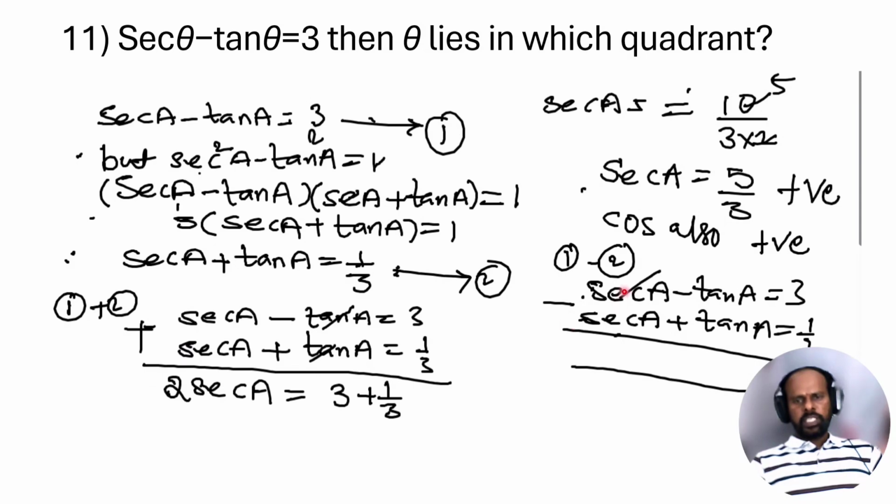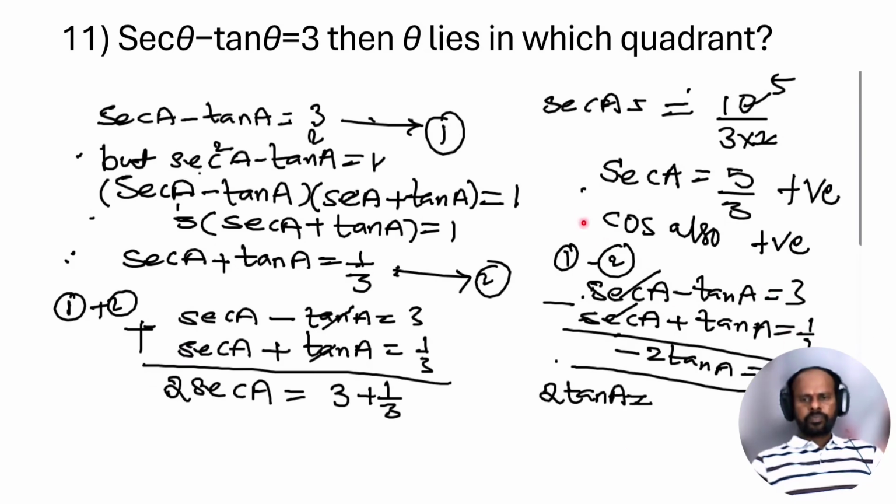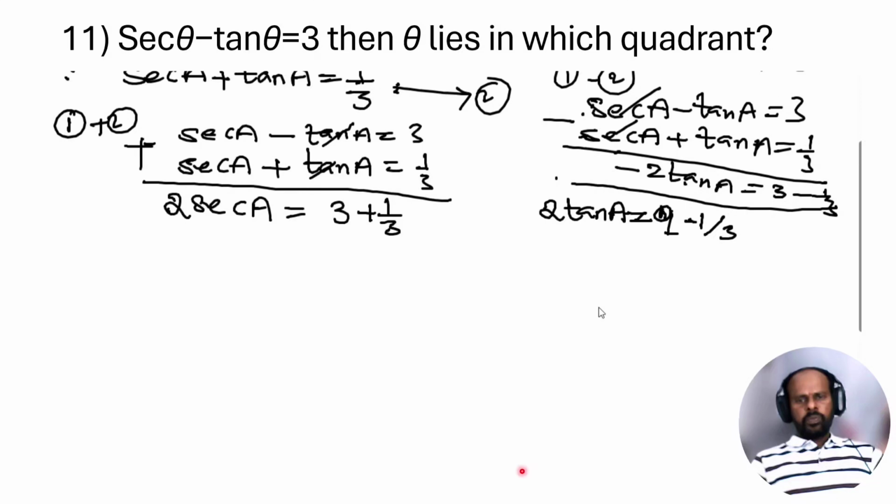So sec and sec get cancelled, and this minus tan plus minus becomes minus tan equal to 3 minus 1 by 3. So the answer we get: 3 3s are 9, 9 minus 1 equal to 8 by 3. So tan a equal to 8 by 3, and here